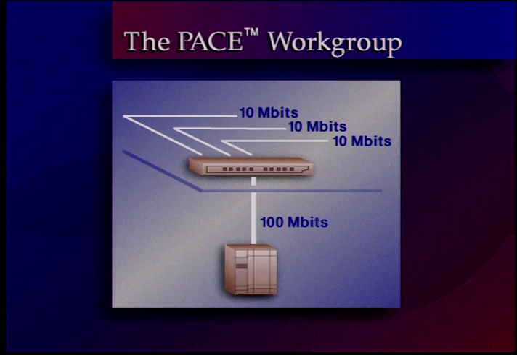In a PACE workgroup, the difference between this and any other workgroup, until you start running multimedia applications, will be pretty much transparent. The general layout of applying switching in this manner will make networks look pretty much the same to end users and even MIS, regardless of whether or not they're repeated or switched. The big difference is that switched networks will have much greater capabilities. Another aspect of PACE is that it allows different kinds of data to be mixed together. In PACE, we call this implicit class of service.